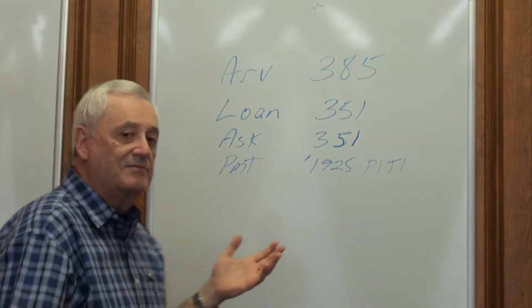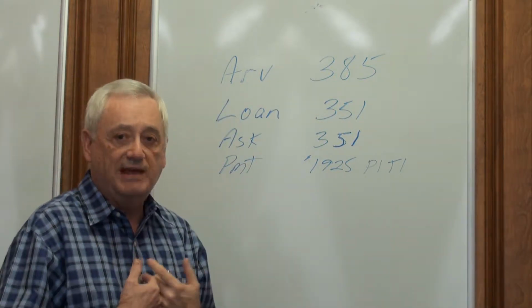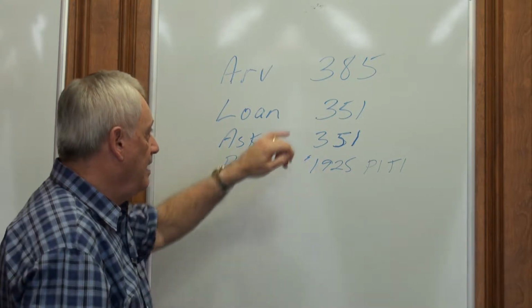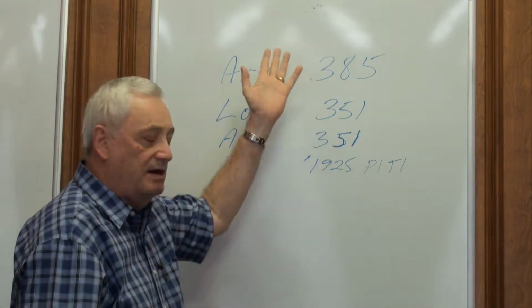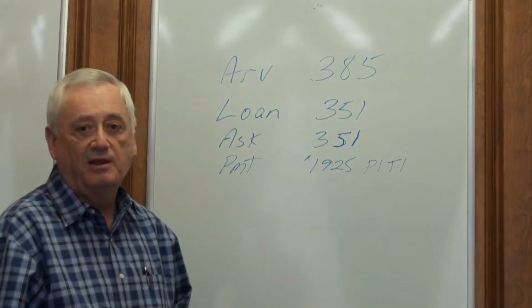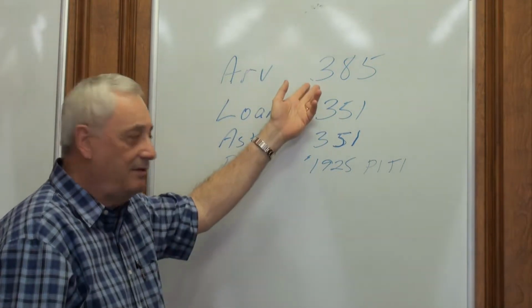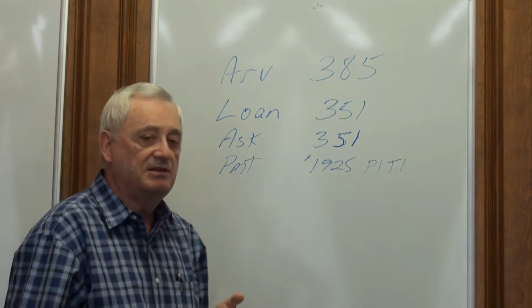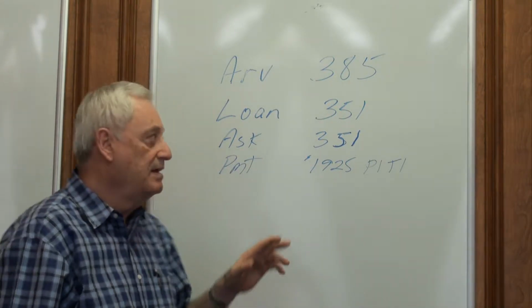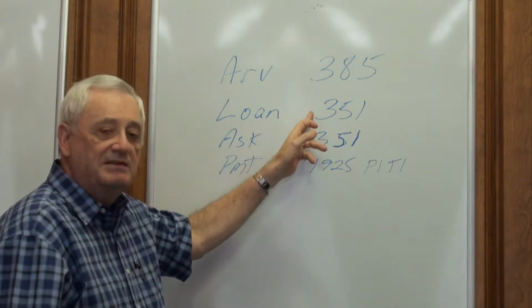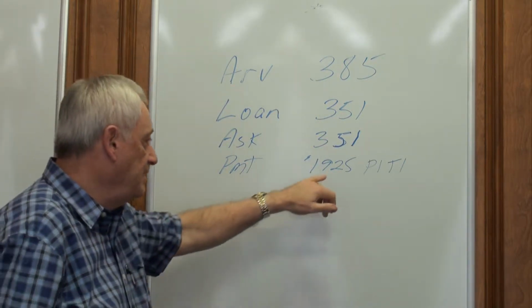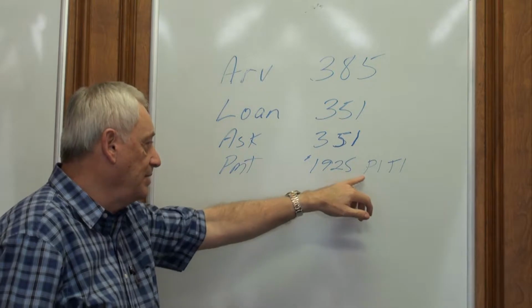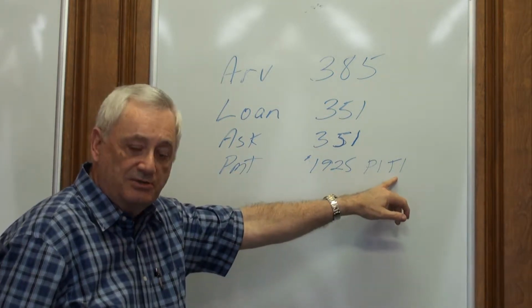But I entered into the conversation while the listing was active because they called me. We did some comps on it, and we saw that it was worth just about their asking price, or maybe a little bit more in that area anyway. Felt the realtor had it listed a little conservative, but not much. Now they owed $351,000 on the house. It was a VA loan, and their payment was $1,925 a month, principal and interest and taxes and insurance.